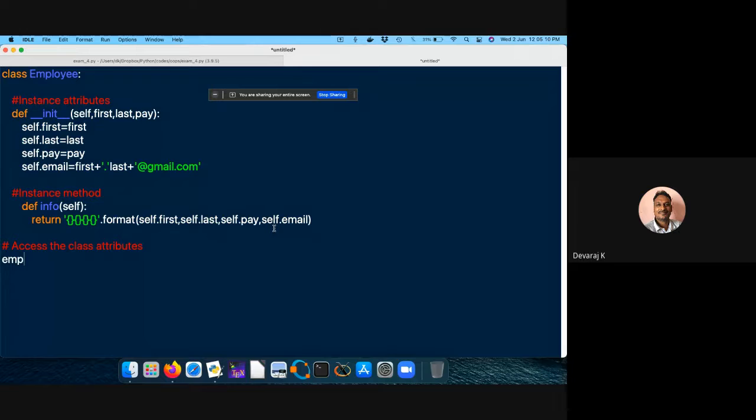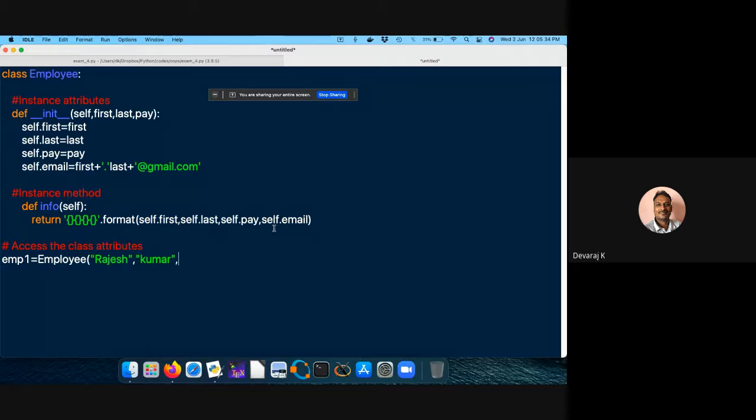Let me call it employee 1 or employee 2, whatever it may be. So emp1 is equal to the class Employee. We can start with Rajesh as the first name, Kumar as the second name, Rajesh Kumar.